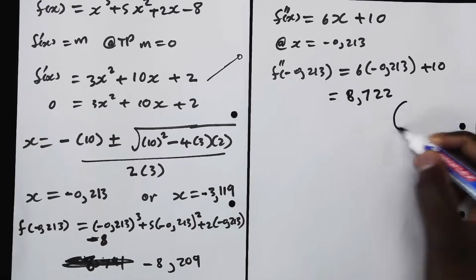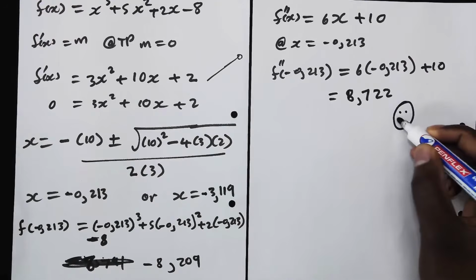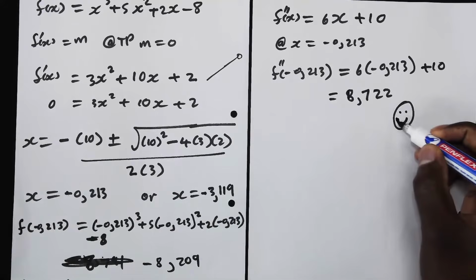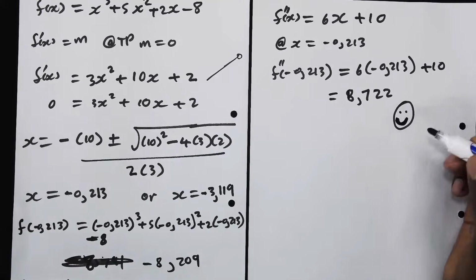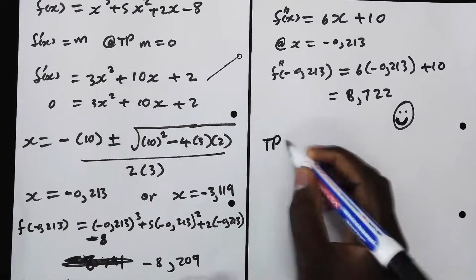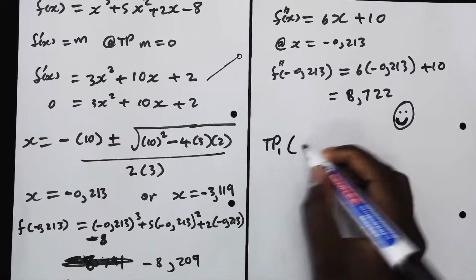Okay. What is happening? Let me draw a big one. It's happy, right? Positive energy. It's happy. So what happens to the graph? This curve here tells you it's below, it is minimum. It reaches its minimum. So we'll specify that at TP1,